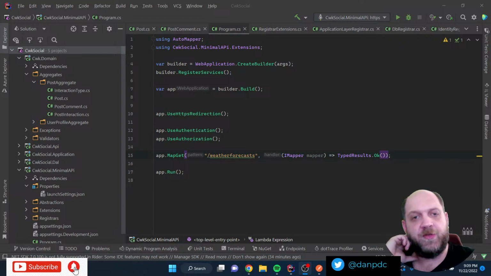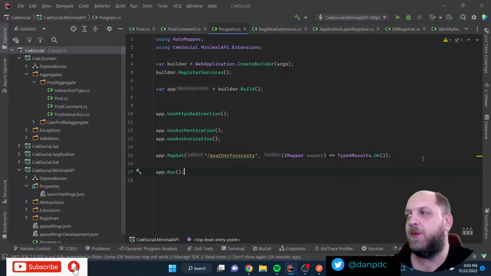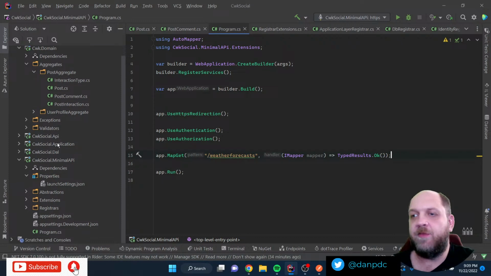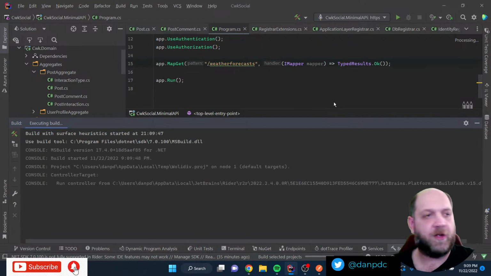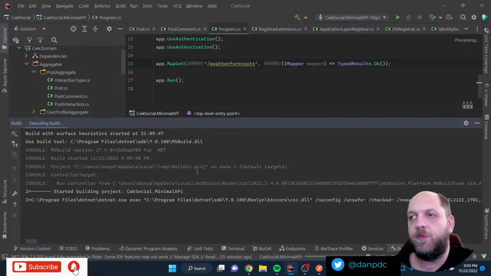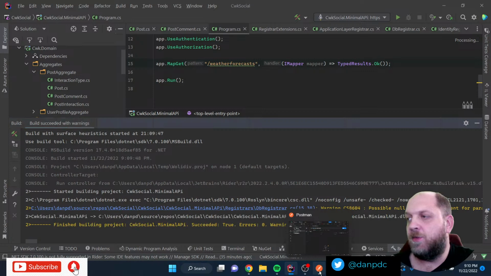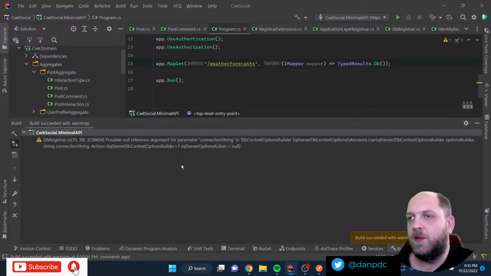Because on first impression, actually, it's much easier to start. If you look at the screen right now, we have a minimal API, so we already have an API here. We can even run it because it should work now. Those of you who were part of the previous stream know that we had some problems with the mismatch in MediatR versions. But after we upgraded all the MediatR packages to the same version, everything was okay.